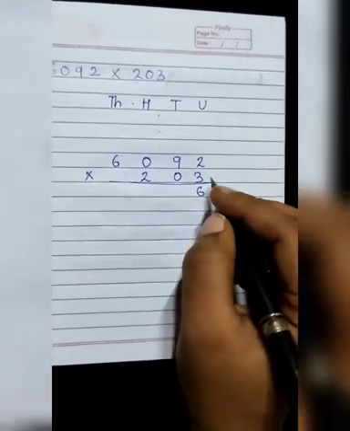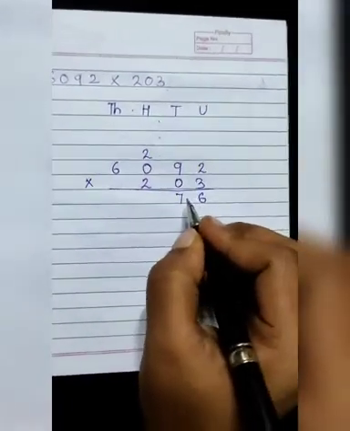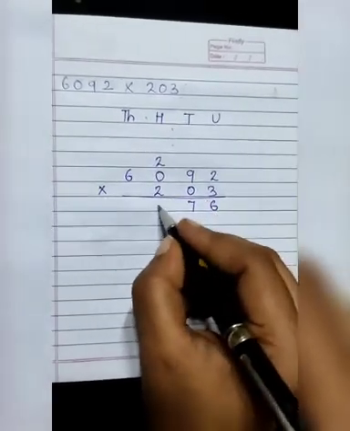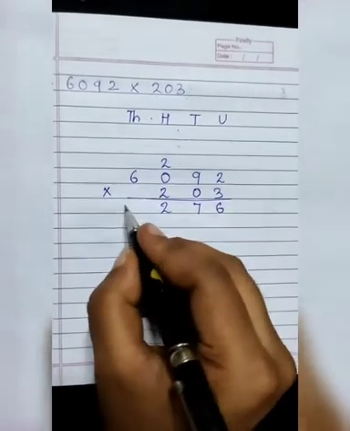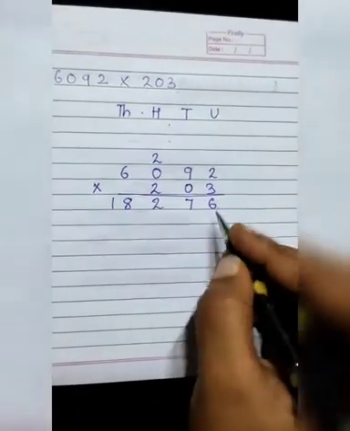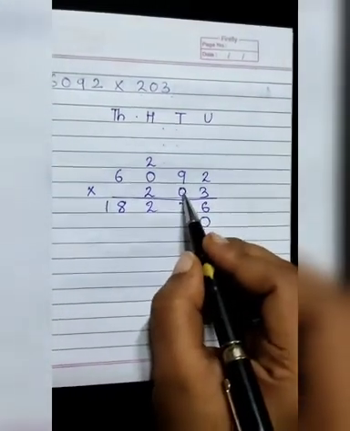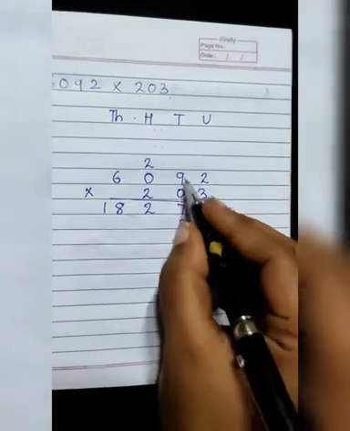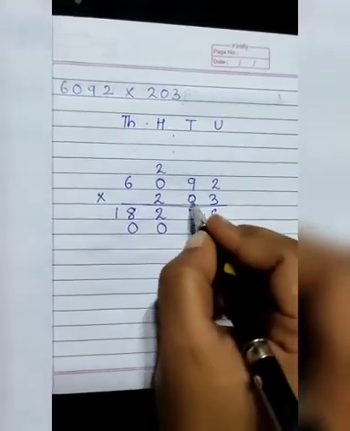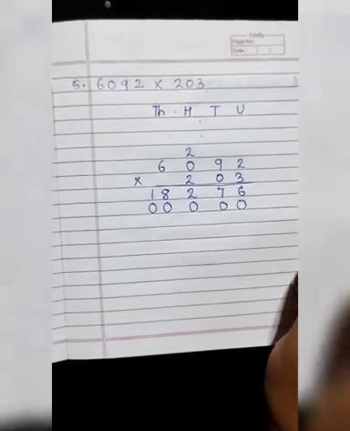3 nines are how much? 27. So 2 we will write here and 7 we will write down. Now 3 zeros are 0. Here 2 is there on carry, so we will write here 2. 3 6 are how much? 18. So we'll write 18. Now here 0 at the tens place, so we will write down here 0. Now we'll multiply these number by 0. 0 2s are 0. 0 9s are 0. 0 zeros are 0. 0 6 are 0.